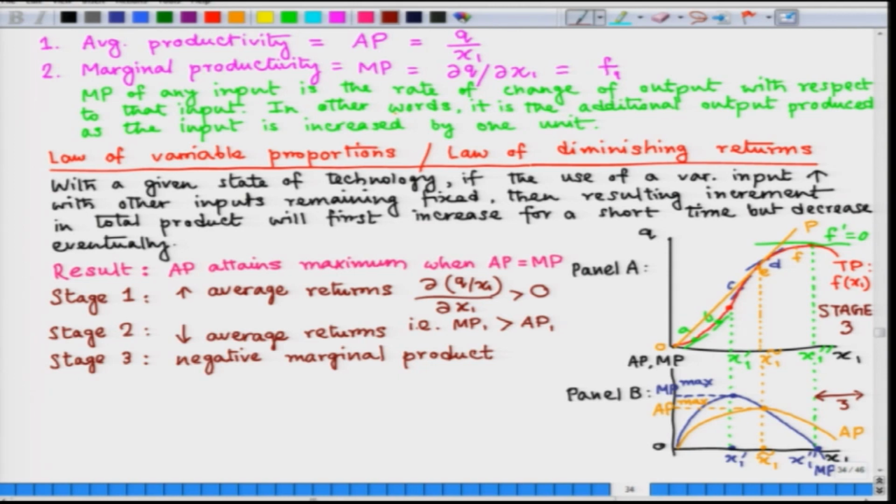Then stage 2 would be this area, I can write 2 here, and in the panel A diagram let me denote that stage as well, and that is basically stage 2, and of course the other area is stage 1. So, in total what do we get? We get 3 stages